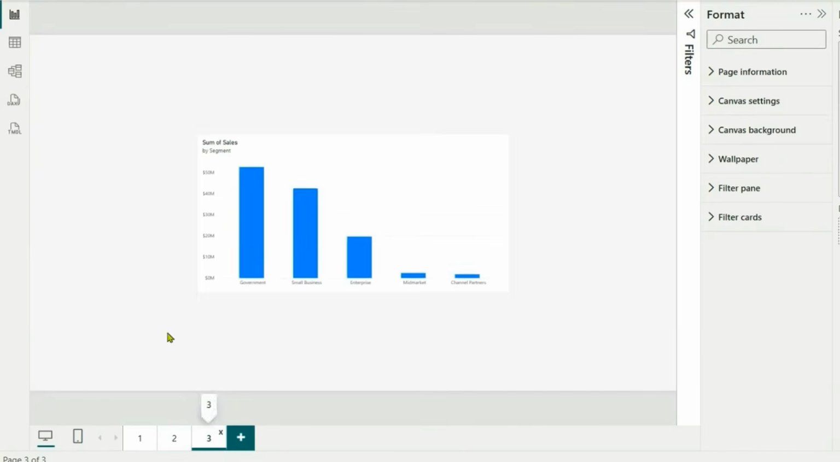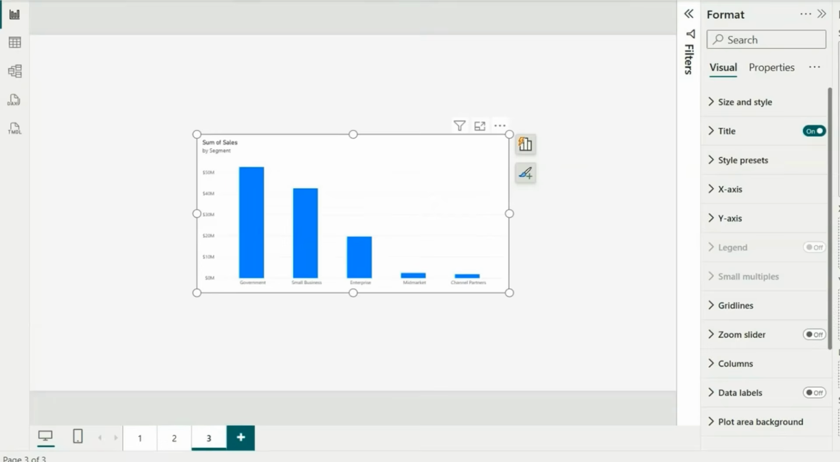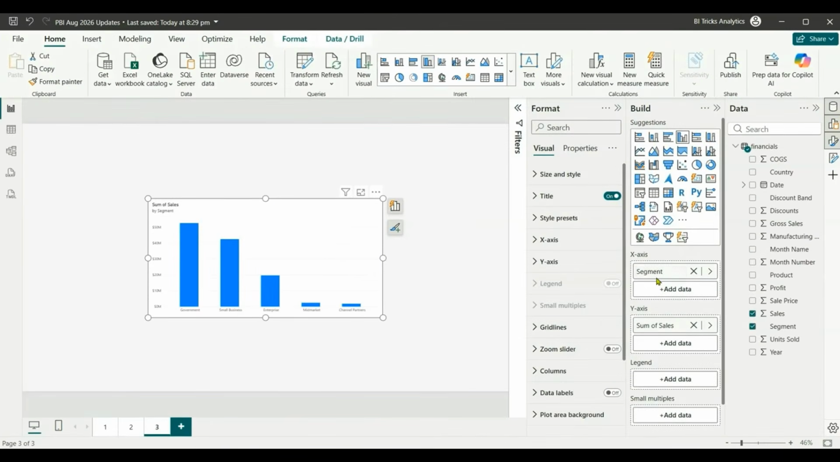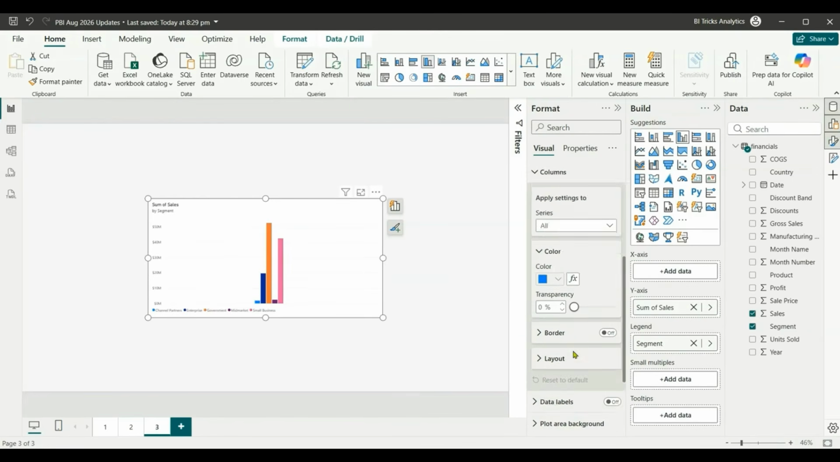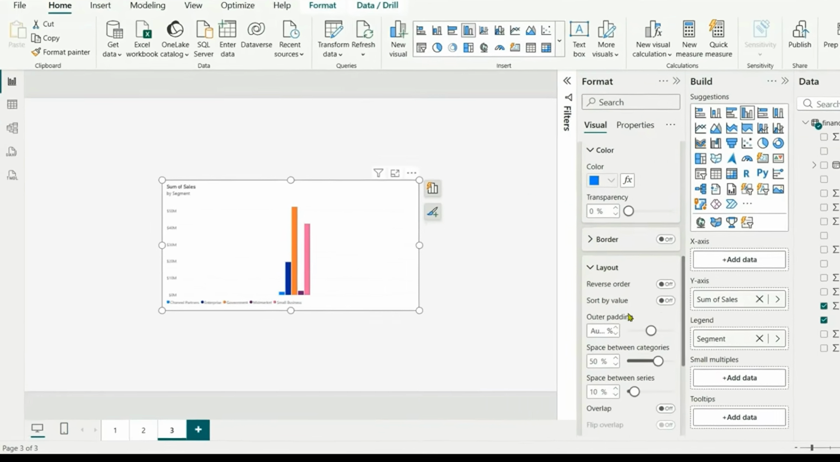Let's see the third one. We have this clustered column chart and we are showing sales by segment. Now, sometimes we need to show the segment in the legends. So as soon as I bring this in the legend, you can see the chart area has become too small and it looks odd. So now in the columns option, we have this layout, and inside this layout, we have